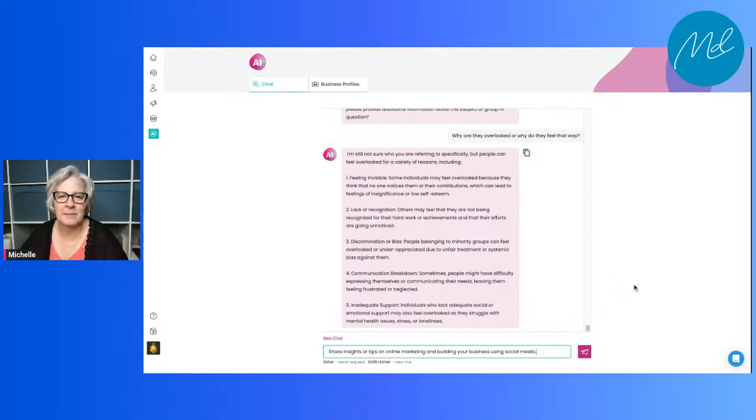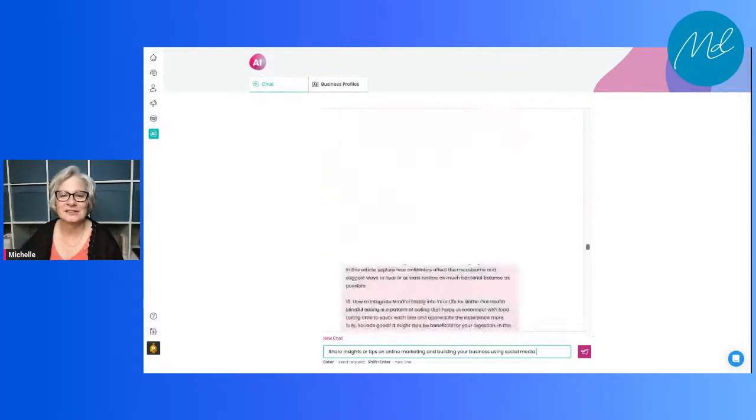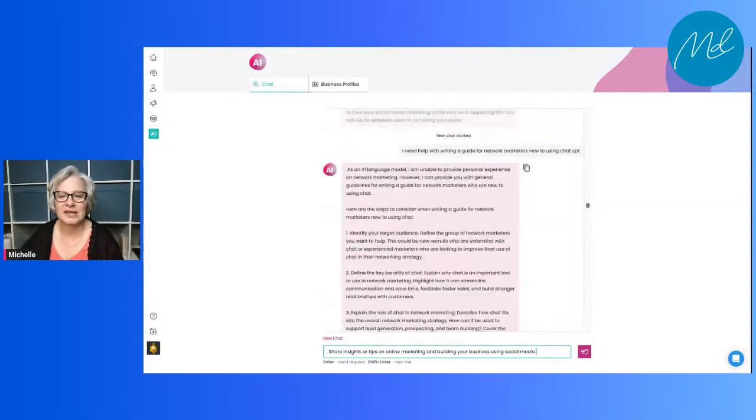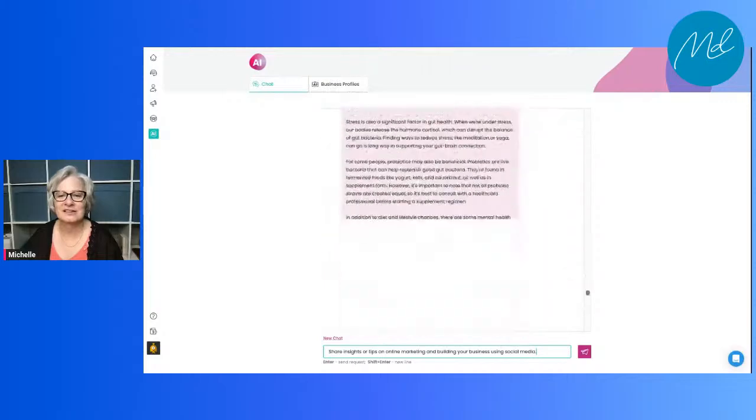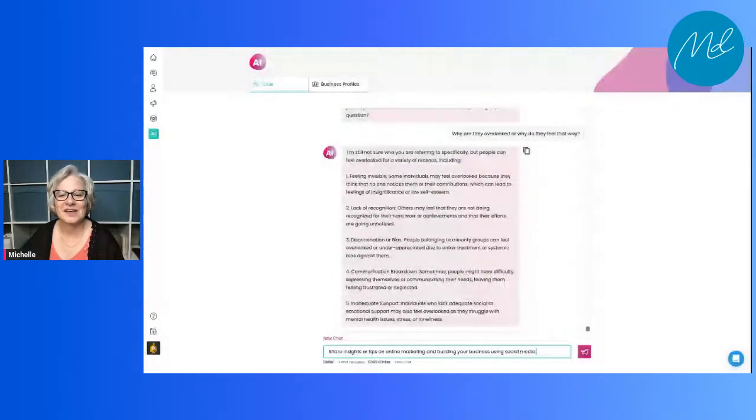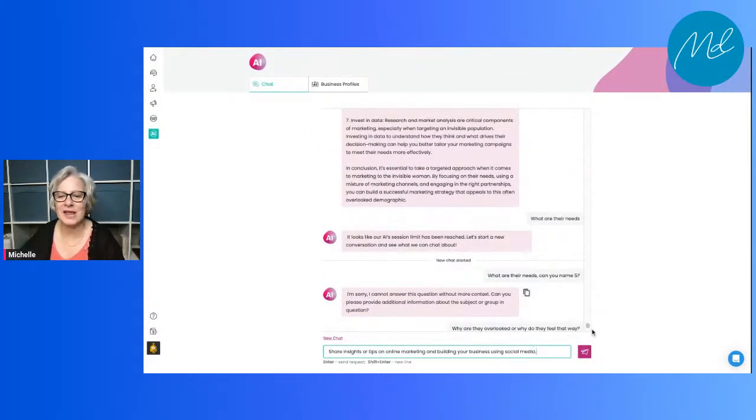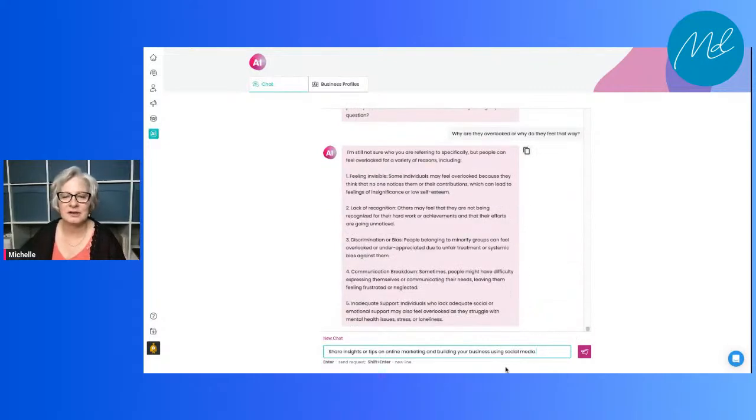Well, if you don't know what that might be, we're going to have AI help us. And this is just a great tool if you want quick information, quick ideas and what to post. This is a great tool to use, and I'm going to show you just how often I've used it. I'm just going up through here, and I've used it a lot, as you can see. I'm still parceling out bits and pieces for a particular topic that I'm working on. And you guys, it'll write little articles for you.